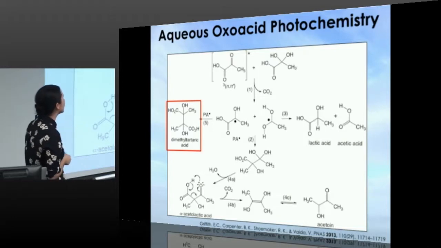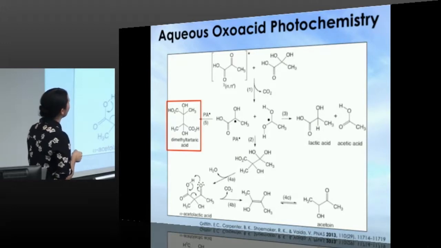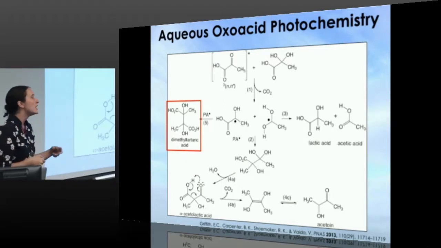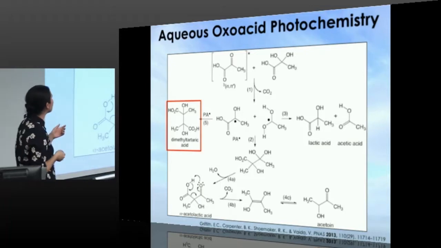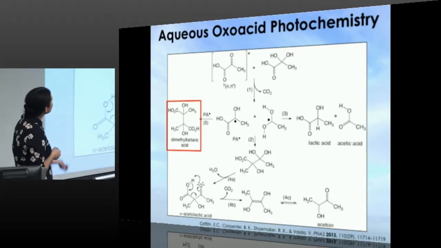This is dimethyl-tartaric acid. So by absorbing light in a 3-carbon molecule, decarboxylating, and then making a radical, we can recombine 2 of these radicals to form a 6-carbon molecule. So you're making a carbon-carbon bond, and you're essentially dimerizing the molecule. And so that's cool for a lot of reasons, but it's especially interesting if you stick alkyl tails on here